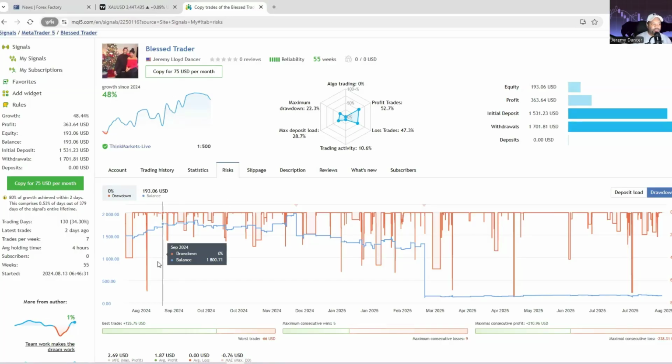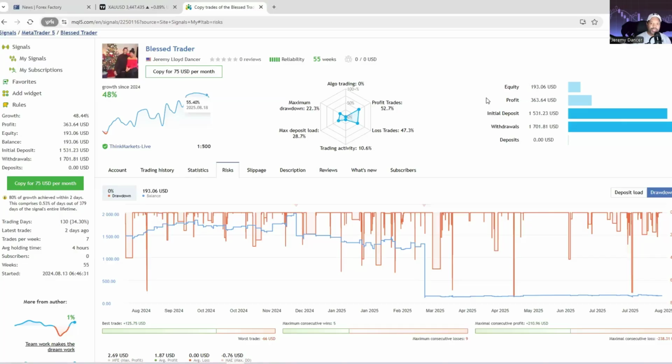Okay, so when you go through this, you can actually see what the drawdown is, and you can see that the drawdown, for the most part, on this account is always very low. I'm never at a 22% drawdown, and if you look at this graph, at the beginning, that's where you started, and then you can see the trajectory of the performance of the account. And you can see this account has never been that negative. It was down a little bit, like 4%, but then after that, it just stayed in the green